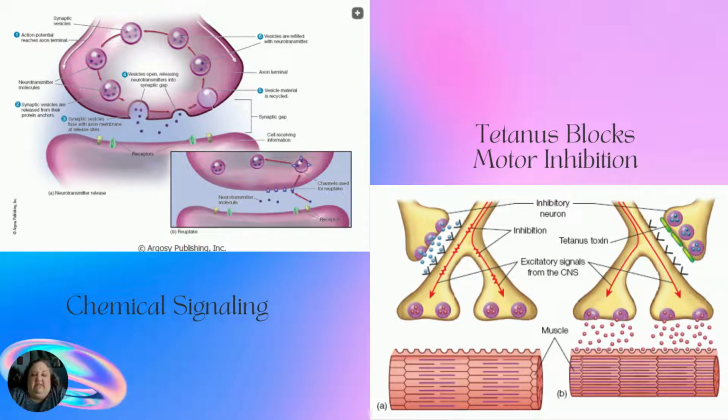And then you have chemical signaling, which is when the two come together to share chemicals back and forth. That's through the very end of the axon, and you have the synaptic gap. And then you have another picture over here showing you what it looks like when those are blocked by inhibitors. You have a working one over here where you can see what's going on, and then on the right, you have where it's being blocked. All right, and that's important to know.